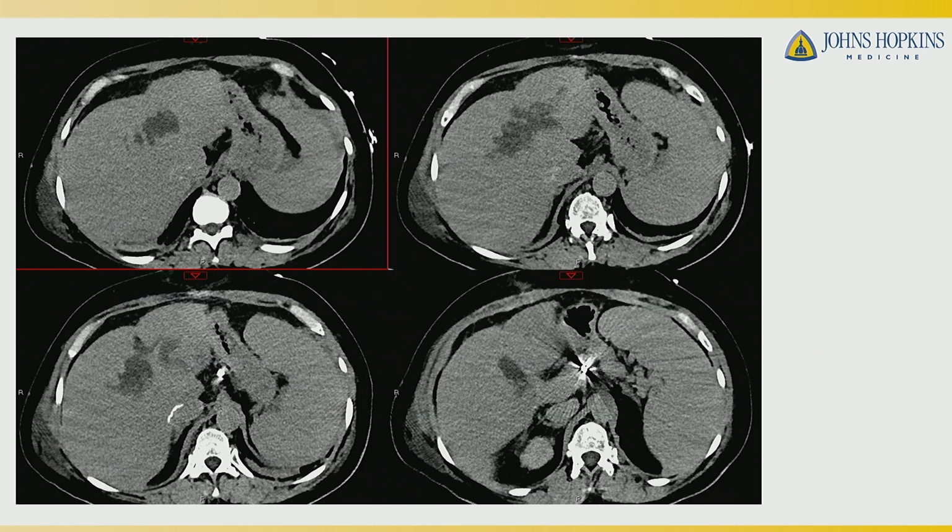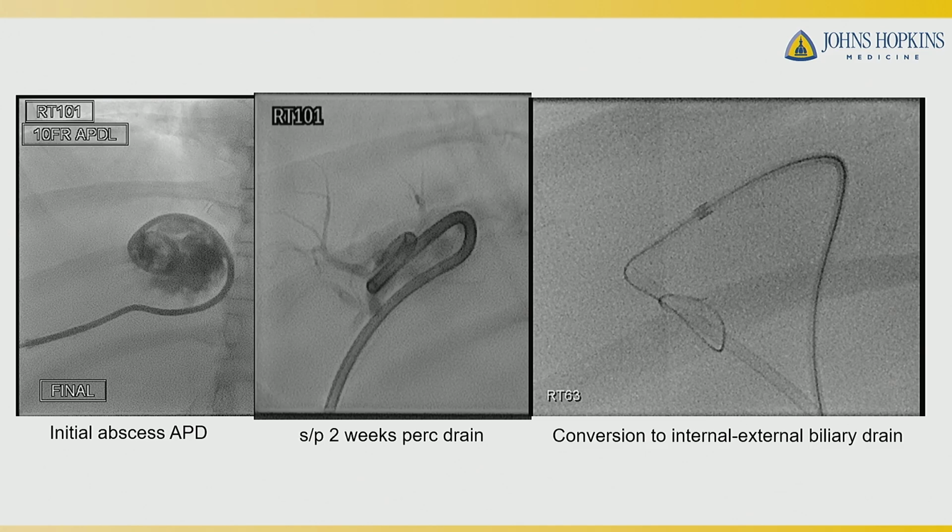So axial CT images of this coalesced multifocal abscess biloma formation. We started off this case by first decompressing the system, placing an initial 10 French APD, all-purpose drainage catheter, into the biloma, which drained purulent bile. We gave her a couple of weeks to decompress and defervesce, and her bile turned clear, but she clearly had a connection to the biliary system, as we postulated, given the biliary ischemia.